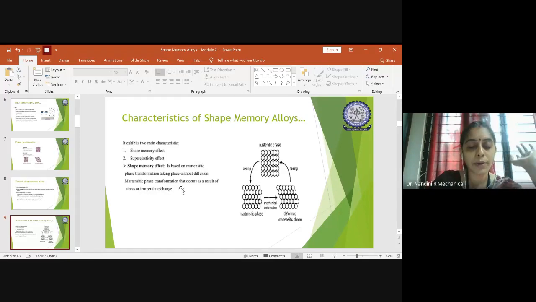So when you speak about the shape memory effect, you should not always think that it comes into picture only due to heating or cooling with the change of phase. No, apart from temperature change, even mechanical loading can get the required phase transformation in any shape memory alloy. So here now you can see a small diagram representing the change of phases, right?